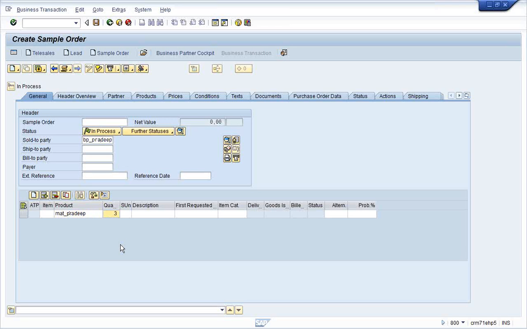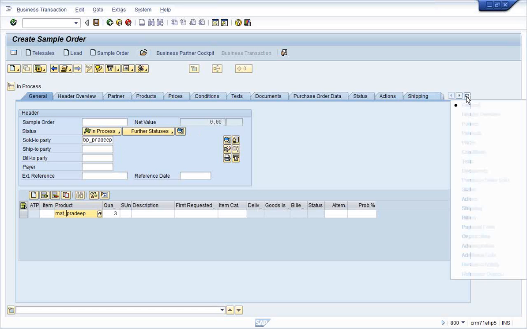There the sold to party will be the person who is requesting the service, and it can be a spare part or it can be a service, which will be the product here. Quantity will be the number of hours, I think. If it is a spare part, quantity will be the multiples of that spare part. If it is a service, it will be multiple hours. So pricing will be done accordingly, right?